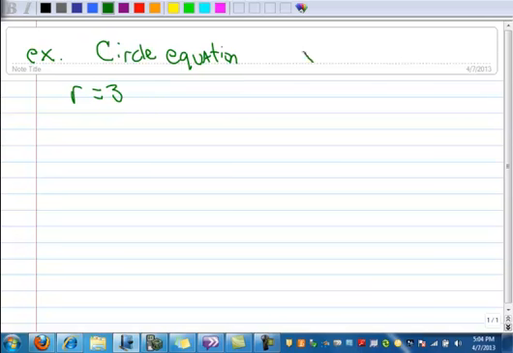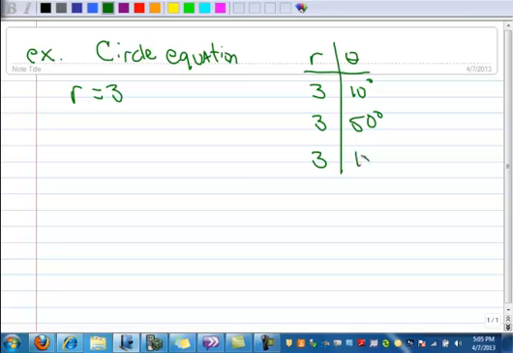If I were to make an r theta chart, just like an xy chart, r is 3 when theta is, let's say, 10 degrees, and r is 3 when theta is 50 degrees, and r is 3 when theta is 180. You get the idea here. So no matter what theta is, r is 3. If I were to graph that, I'm going to get a circle with a radius of 3, and